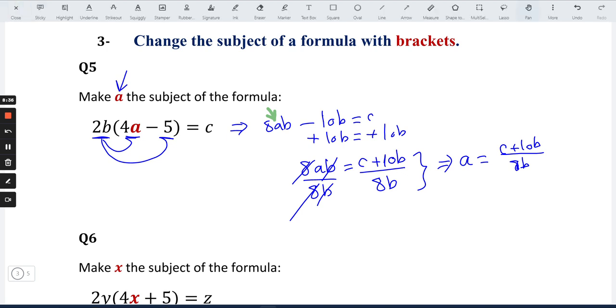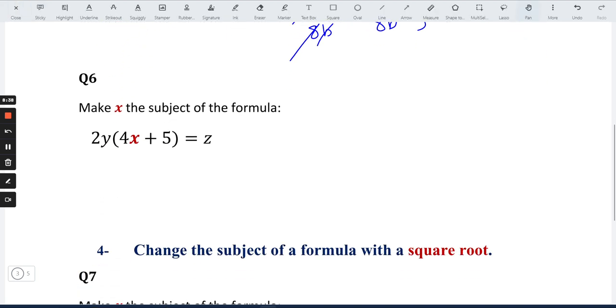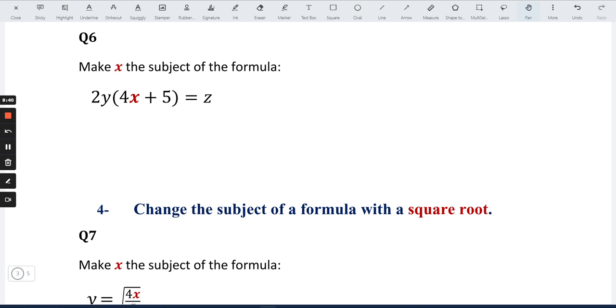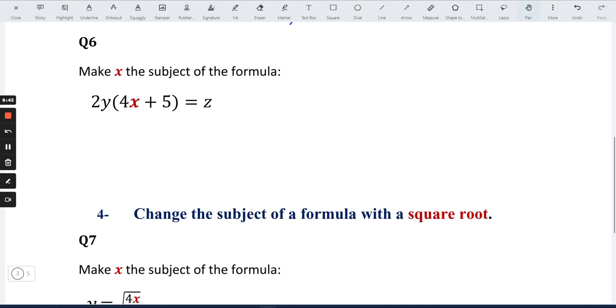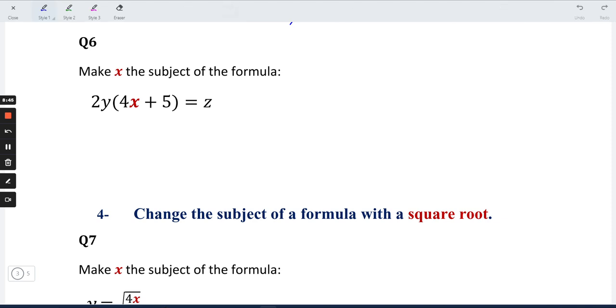Another question here. Make x the subject of the formula. We have a bracket, so we have to expand the brackets here. So we need to multiply 2y by every term inside the brackets, and our target is to make x isolated on the left hand side. So 2y times 4x is equal to 8xy plus 2y times 5 is